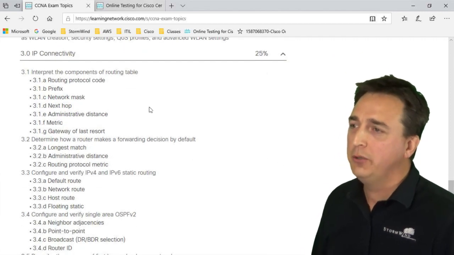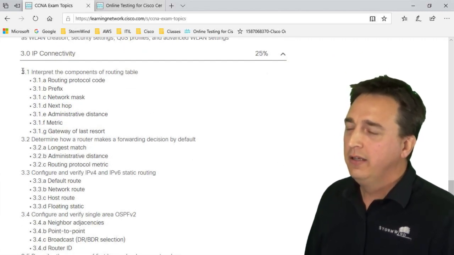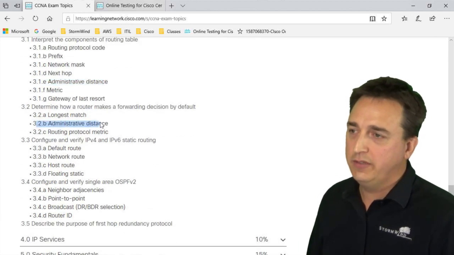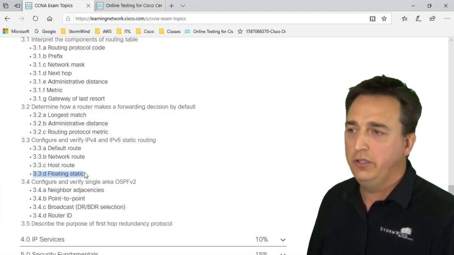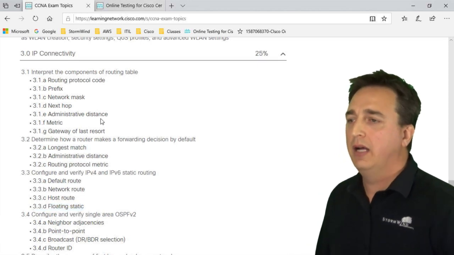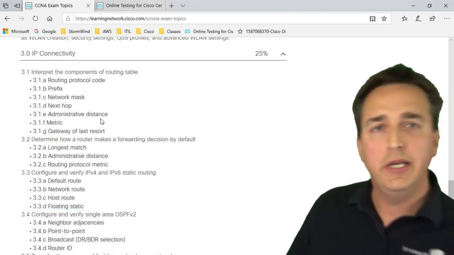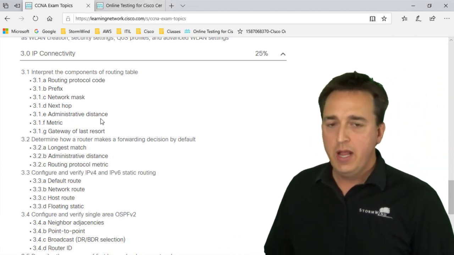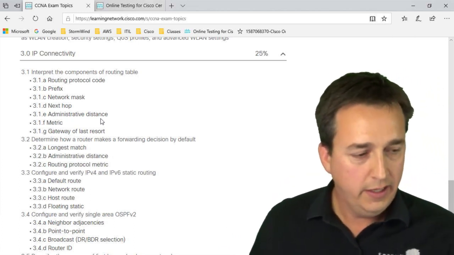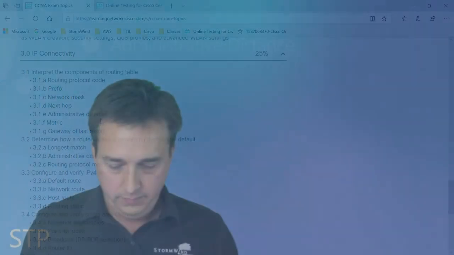So when it comes to section number 3, the first thing that stands out to me is administrative distance. And then also floating static routes utilize administrative distance as well. Administrative distance is coming up a lot in the exam objectives. And the thing about administrative distance is that administrative distance